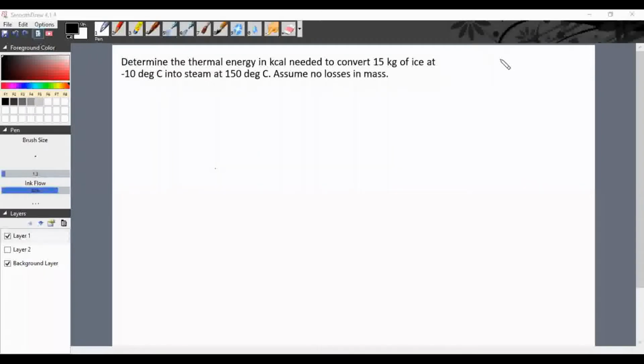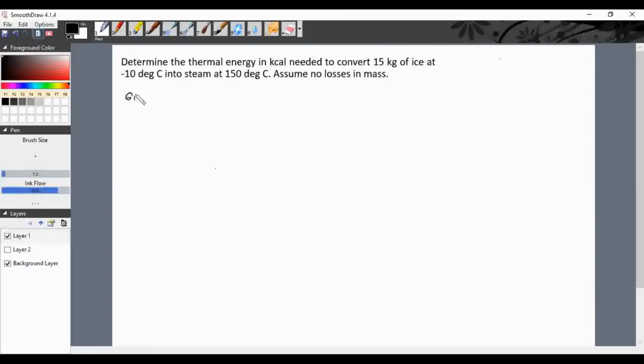Okay, so we have to determine the thermal energy in kilocalories needed to convert 15 kilograms of ice at negative 10 degrees Celsius into steam at 150 degrees Celsius. Assume no losses in mass. So we have the following